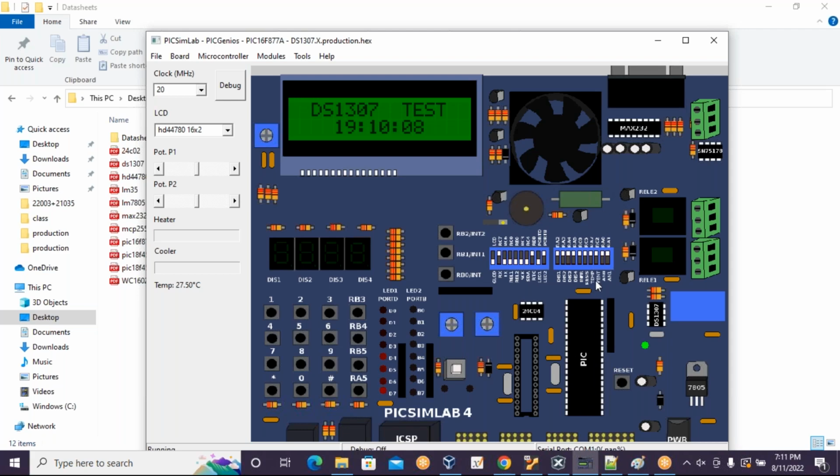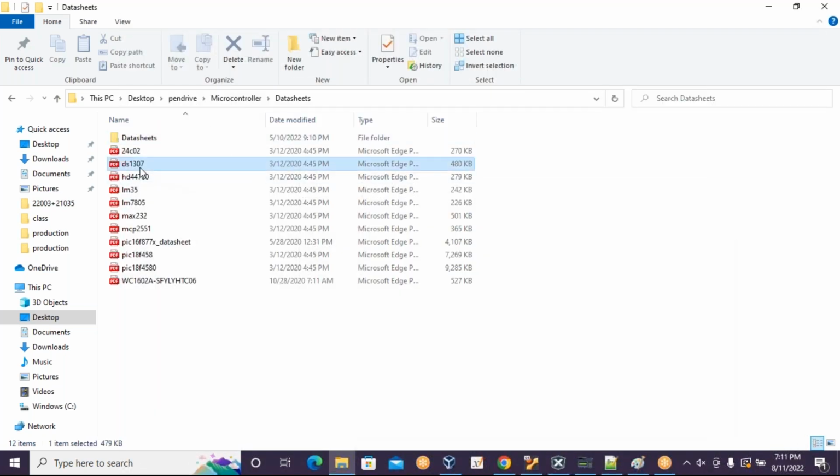Is the RTC present inside the PIC? No. So that's a different one. So you have to refer to the data sheet of the RTC, which is DS1307. This is the data sheet to be referred to in order to do the initialization with respect to the